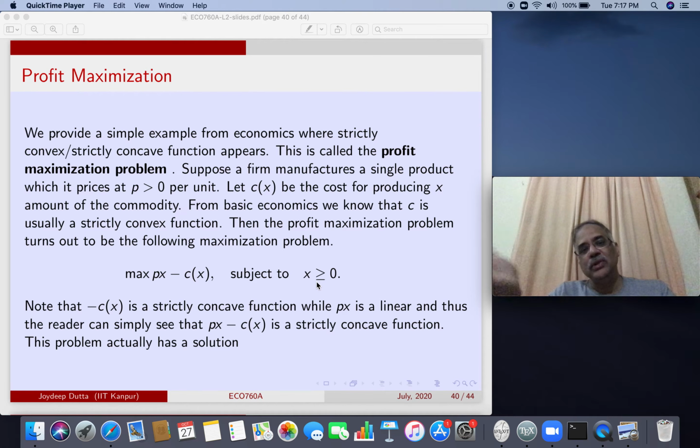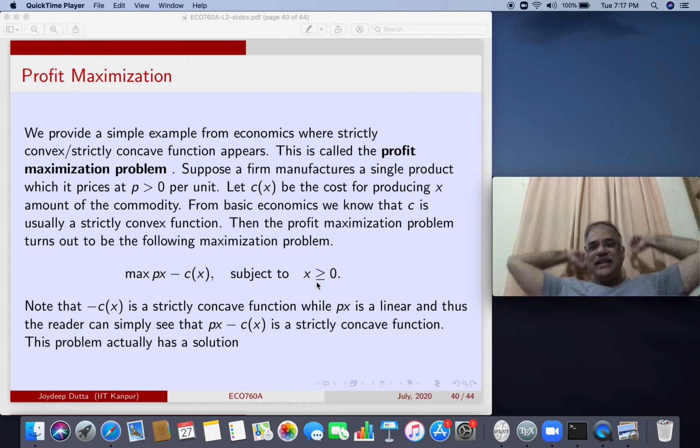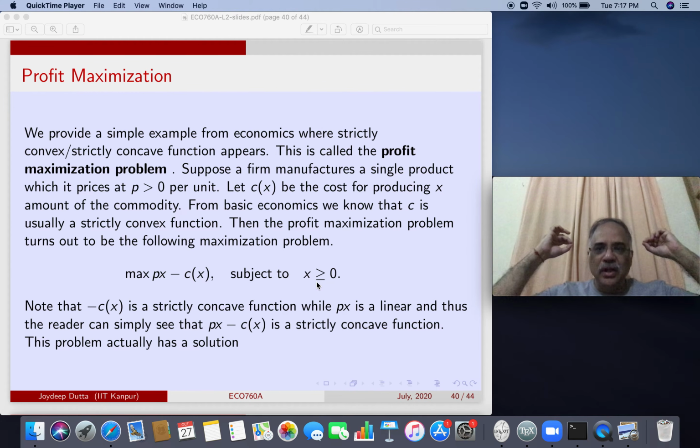You have sold nothing, so there's no cost. So your profit is 0 when you make 0 amount of stuff. So x has to be strictly greater than 0, and hence is inside the set x greater than or equal to 0. So what you will do, suppose x naught is that, or x star for example is the profit